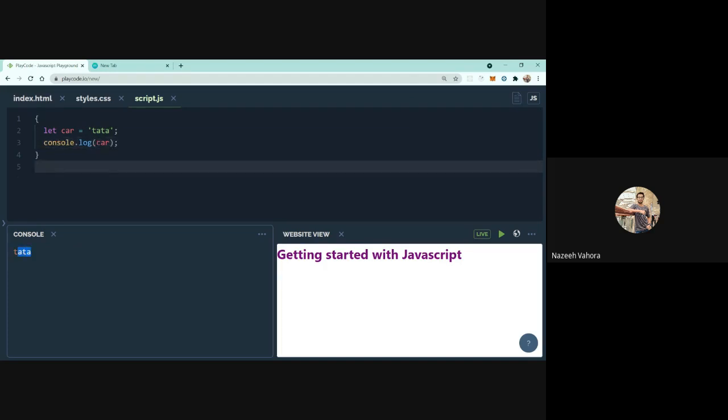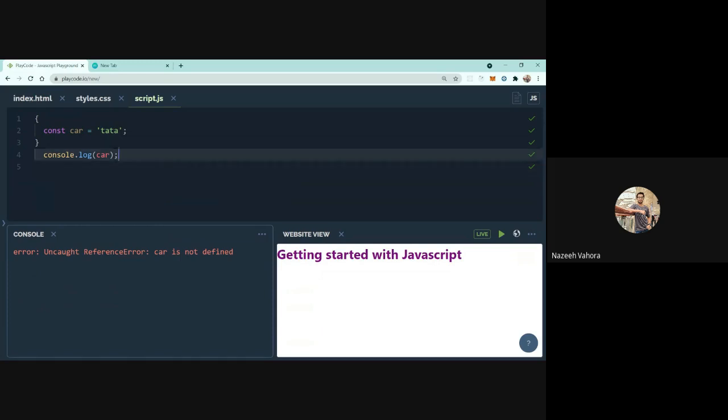So yeah, it is happy with us. I'm not getting an error now, and we are able to access it. And similar with the const variable, it is also a block scope variable. Likewise let, we can't access it over here, it will throw us an undefined error, so we can't use it here. If we want to access a const variable, then we have to use it in that block only.